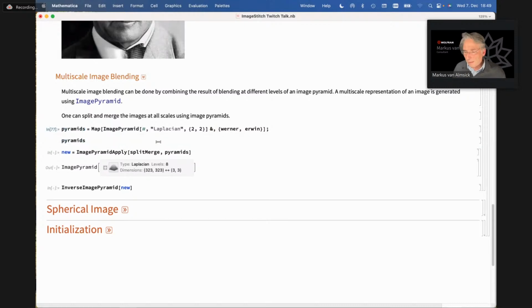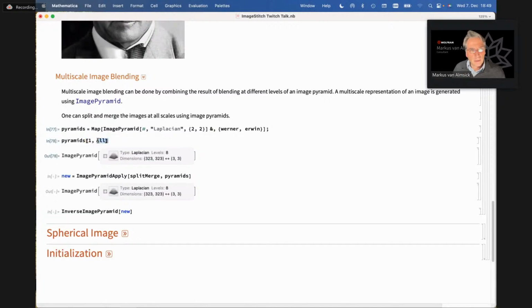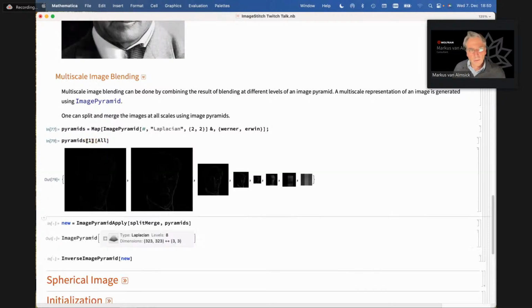And if I now, for example, just take the first one, I basically get a Laplace transform of all the images that make up the pyramid. Now, what is a Laplace pyramid? Basically, it is an